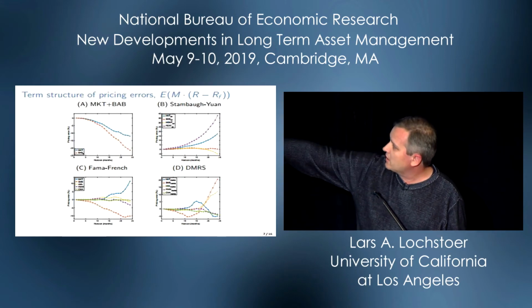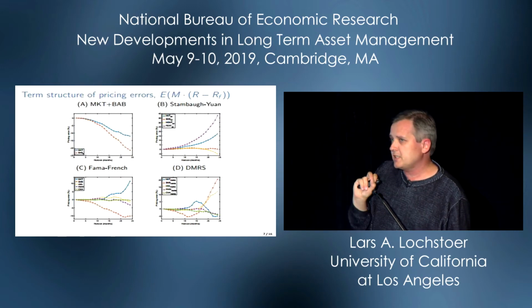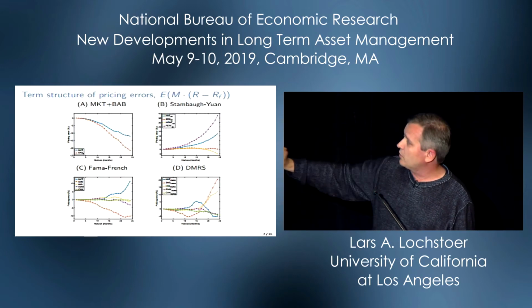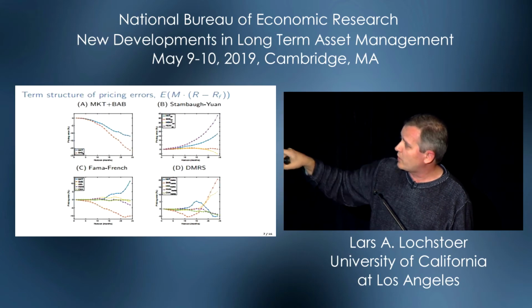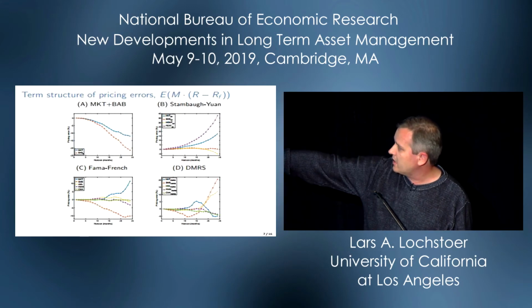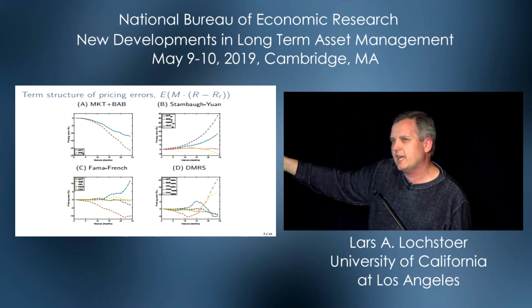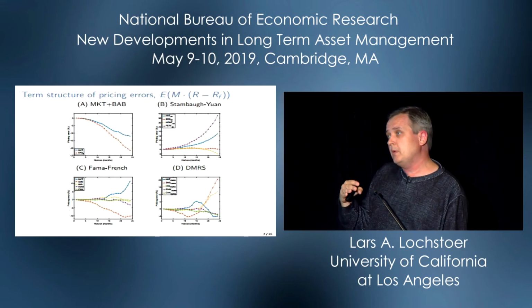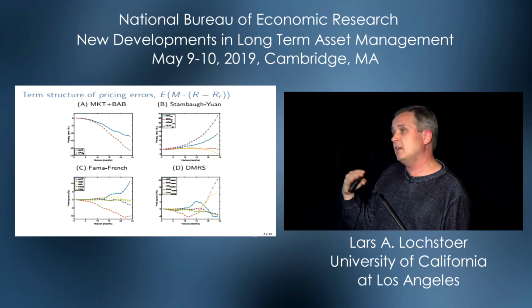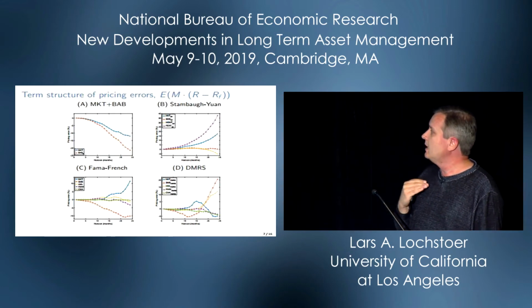If you look at the top left here, market plus BAB, we start at 0. There's no pricing error at the 1-month horizon, trivially. If you go to the 24-month horizon, which is the end, and you look at the red dotted dashed line, that's the betting against beta factor constructed with Fama-French data. The pricing error is on the order of 20%. So let's annualize it to 10. If you're trying to explain a risk premium of 6-7% and the annualized pricing error is about 10%, maybe it's just noise, but maybe there's a problem here.